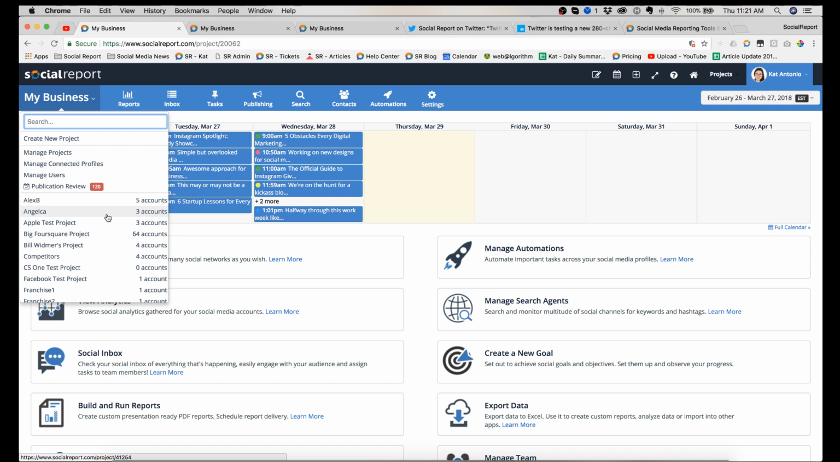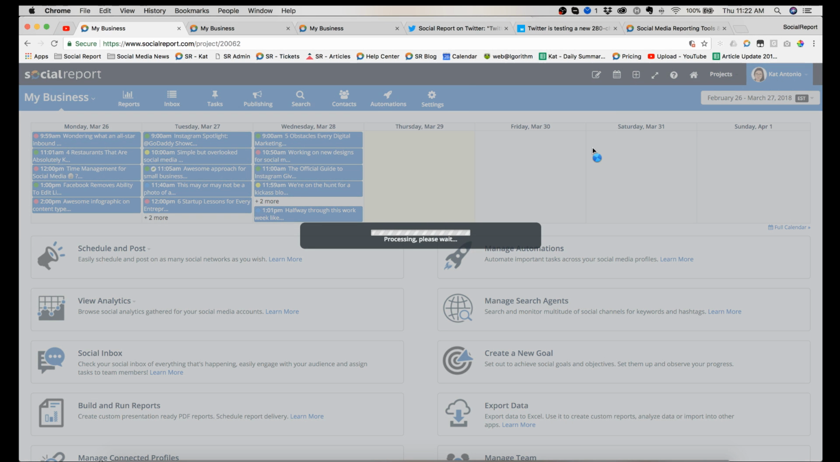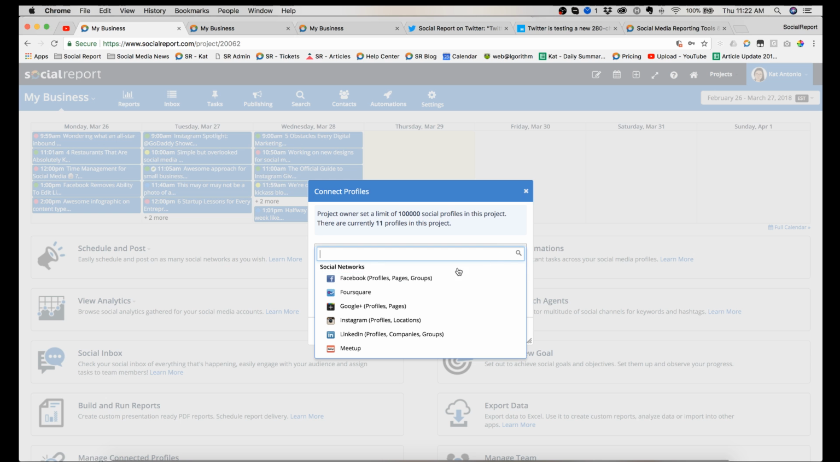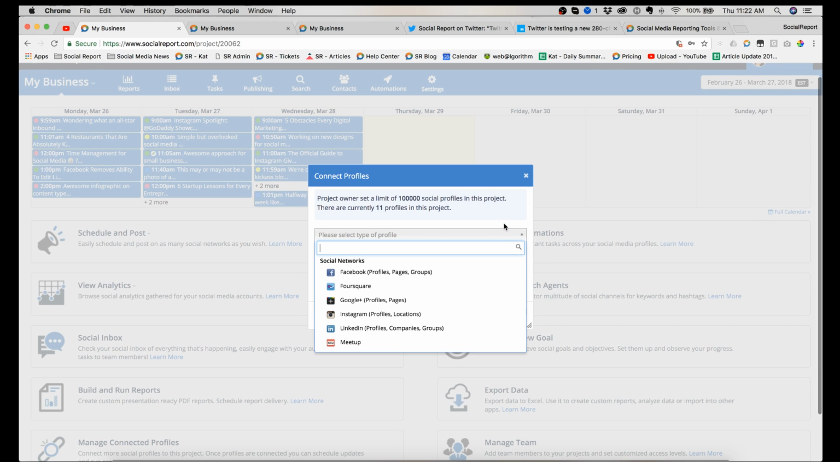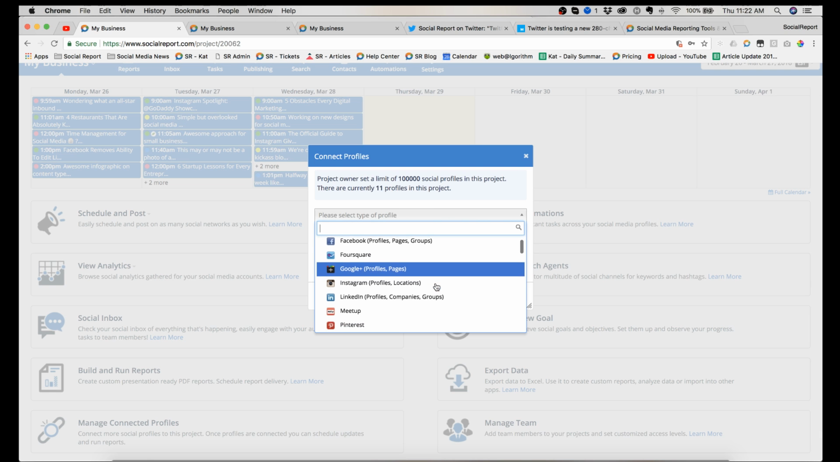Okay. Now, once you create a project, the next step would be to connect the profiles. So you do that by clicking Connect Profiles over here. Okay. Now, as you can see, we have the usual suspects. We have Facebook, Google+, we also have Instagram, we have